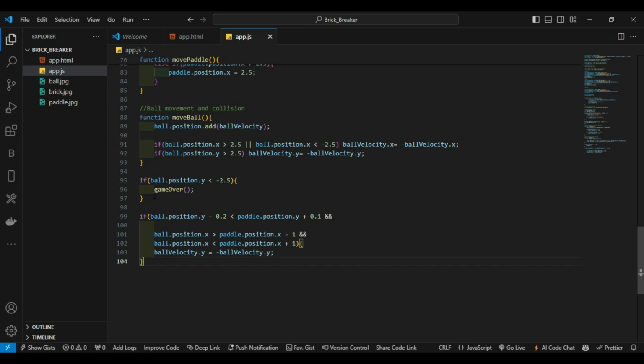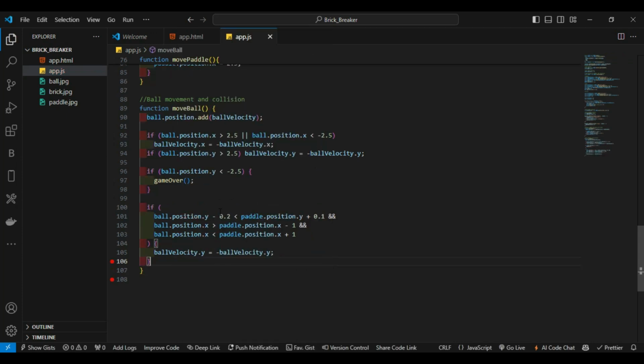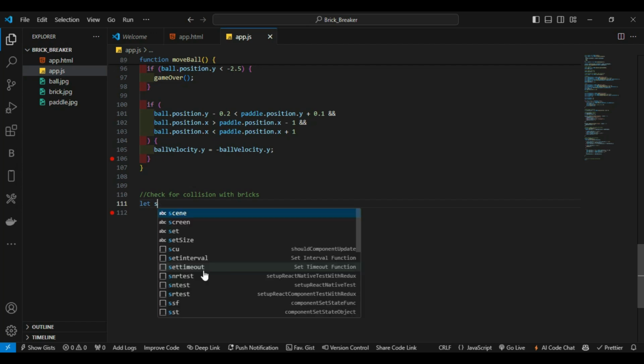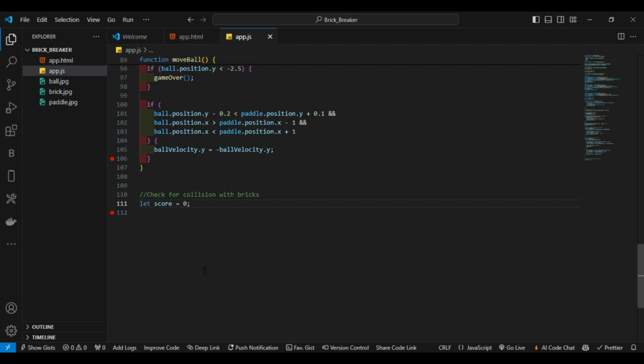Now I'll add the curly brace to end this. So I'm having this this way. The next part we're looking into is the brick collision detection. How do we do this? Let's say check for collision with the bricks. I will say let score equal to 0. This is where I'm initializing a score. Then I say function